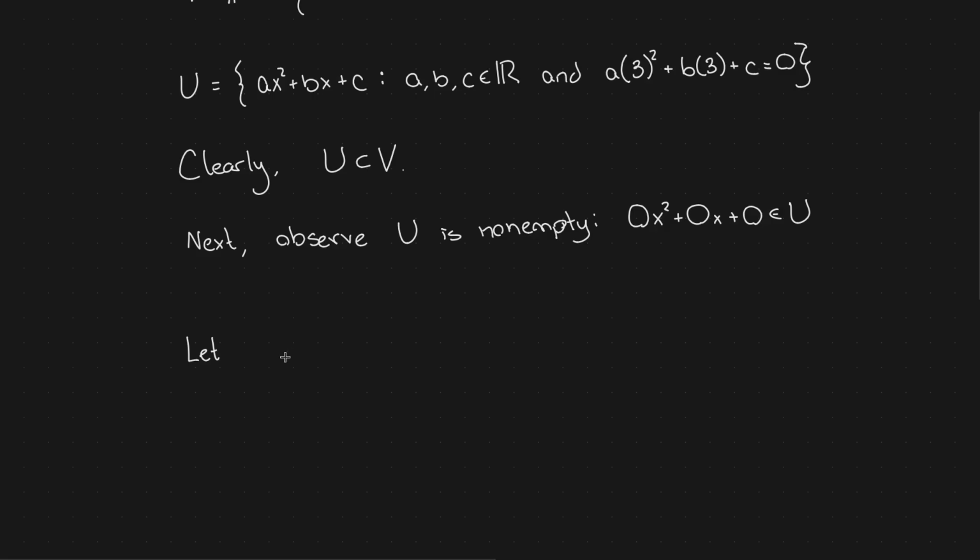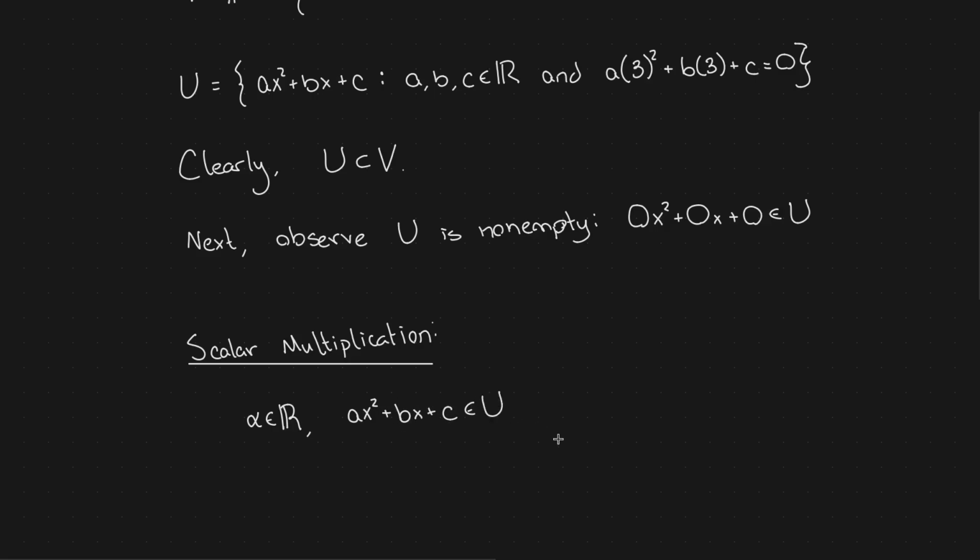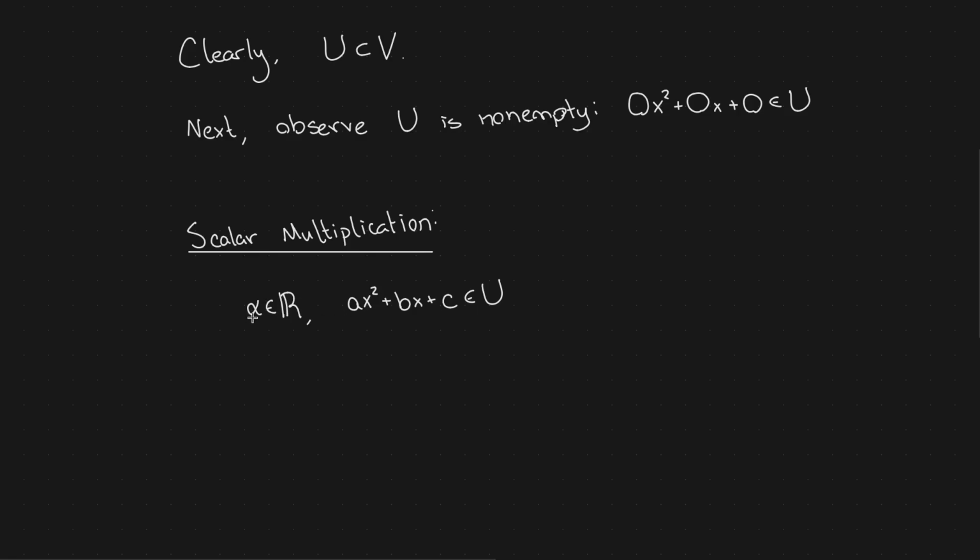So now let's do scalar multiplication first. Okay, let's take a scalar. I'm going to call it alpha. So a real numbered scalar and an element in U, an arbitrary element in U. So we have ax squared plus bx plus c in U. Okay, what I want to know is if I take alpha and multiply by this, do I still get a